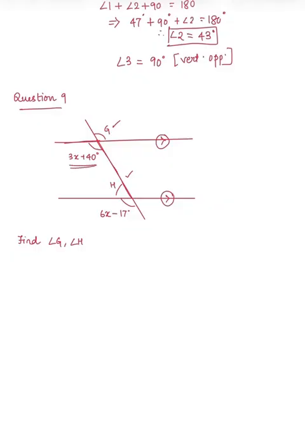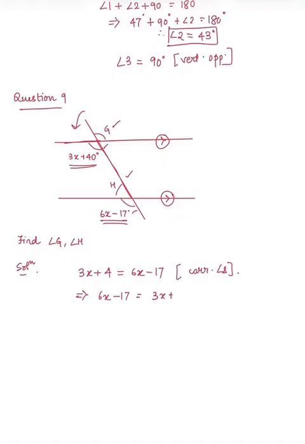Now, what is the concept that we can use? The concept is 3x plus 4 will be equal to 6x minus 17. Why? Because they are corresponding angles. They lie on the same side of the transversal. One is interior and another is exterior. So basically,